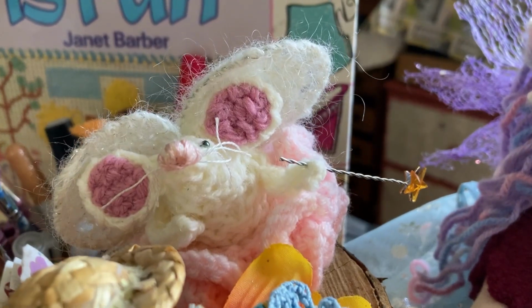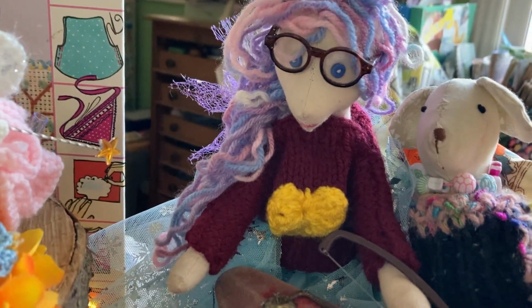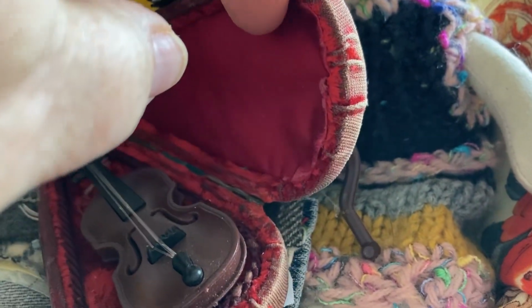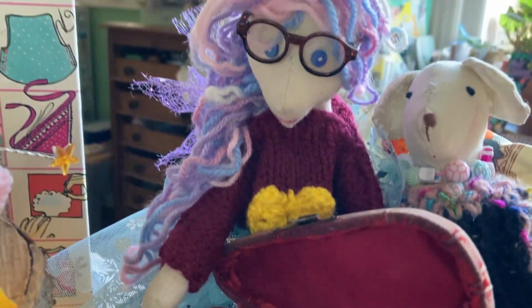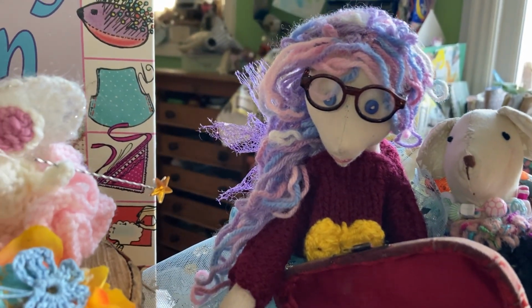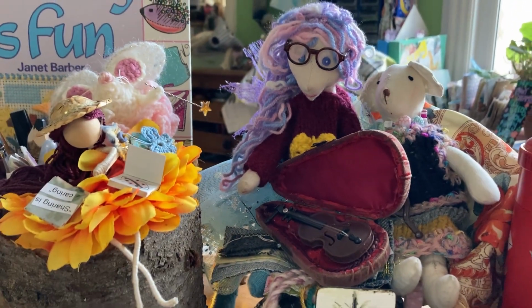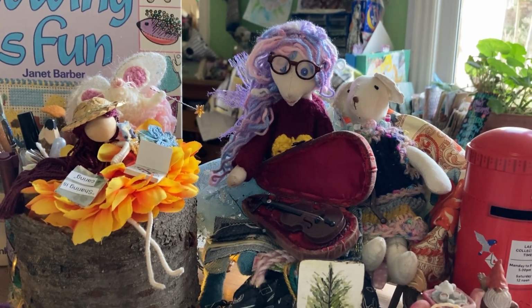Our little Snowy the mouse is waving her magic wand. What have you got there, Flo? Oh, you've got the scissor case. Are you using the scissors? Oh, you have a tiny violin. Are you learning to play? That's amazing, Flo. Julia gave you that, didn't she? That was lovely. Thank you, Julia,